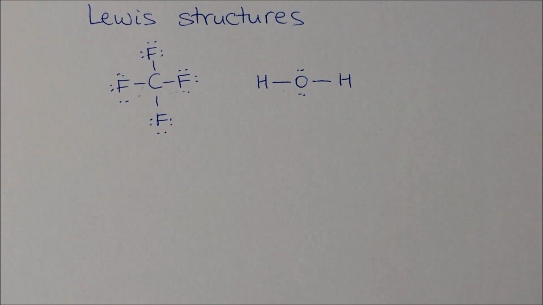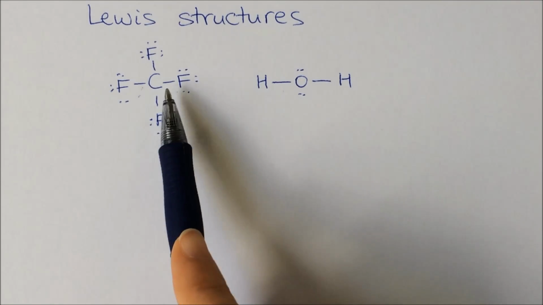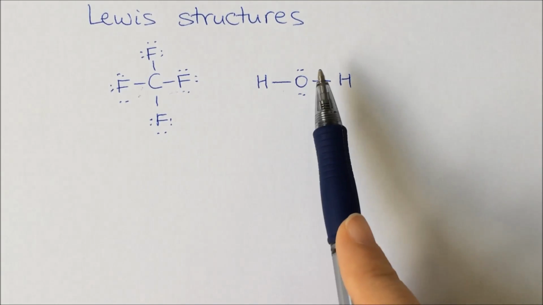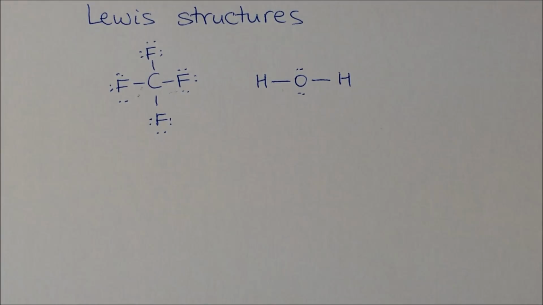Lewis structures are a very useful way of representing covalent molecules in two dimensions. In a Lewis structure, a bonding pair of electrons is represented as a line, and a lone pair of electrons is represented as two dots. In this video, we're going to go through the steps you should take to draw simple Lewis structures, going through